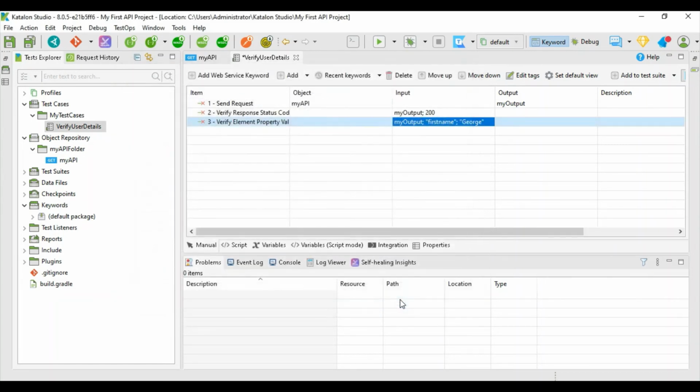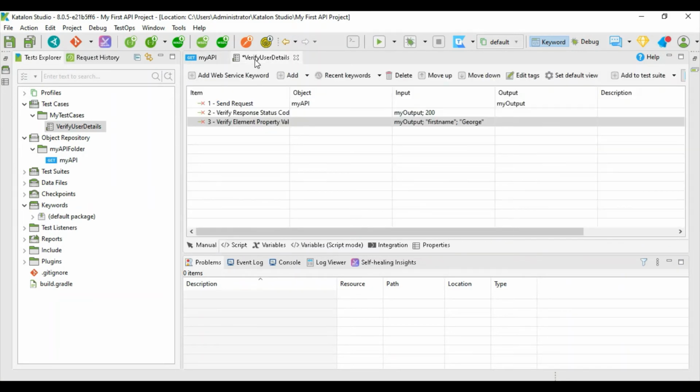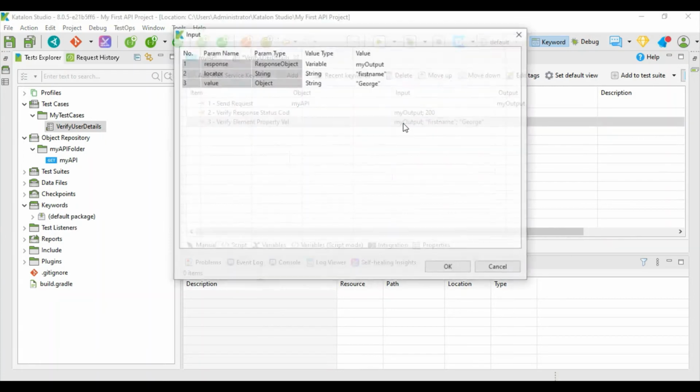Right, let us go to the request here. We can see it should have a name, and if I am hovering over that, you can see its locator is data 0 at first name. So let us copy this, and again we'll go here and double click on it.